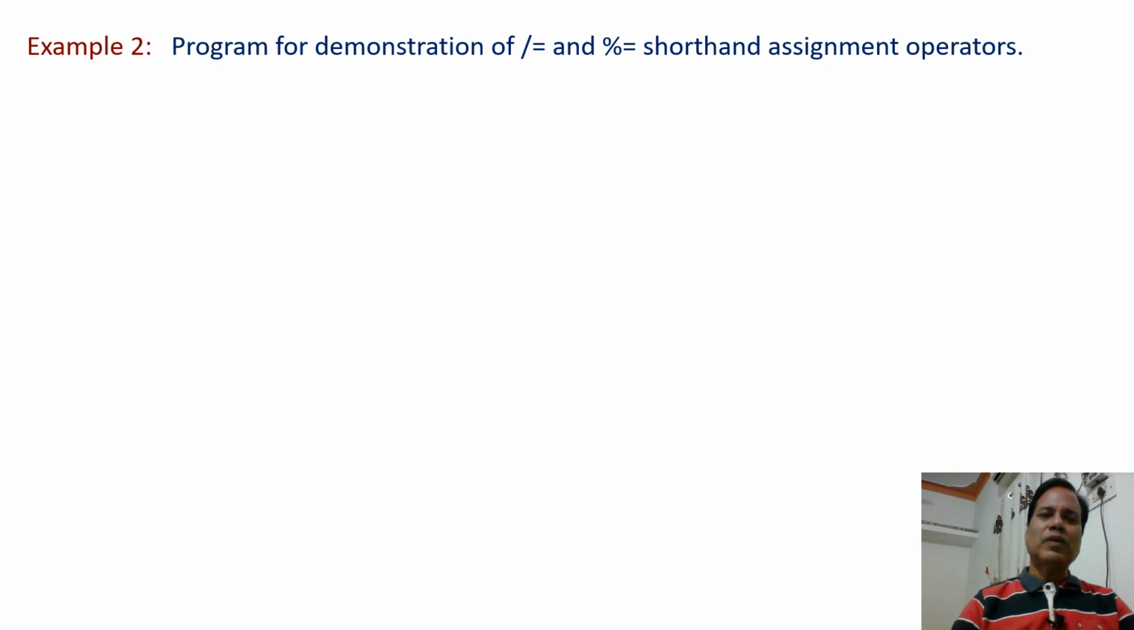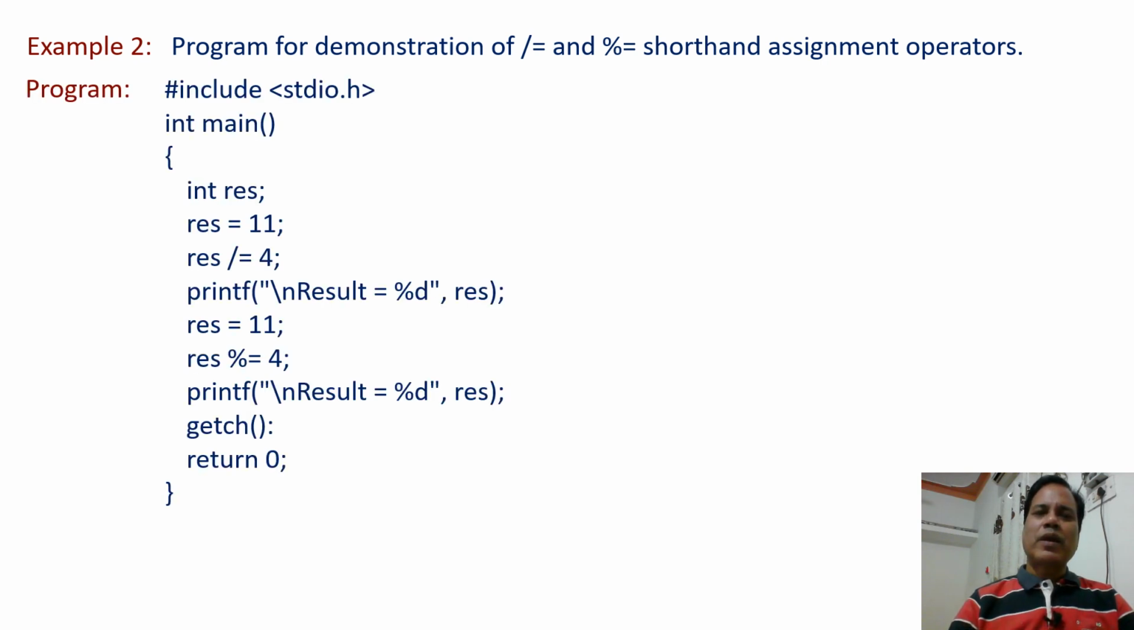Now let us discuss another problem, and this problem is a program for demonstration of the slash equal and percentage equal shorthand assignment operators. Similar to the previous one, we again write code like this. In this one, again we have taken the value of race as 11,